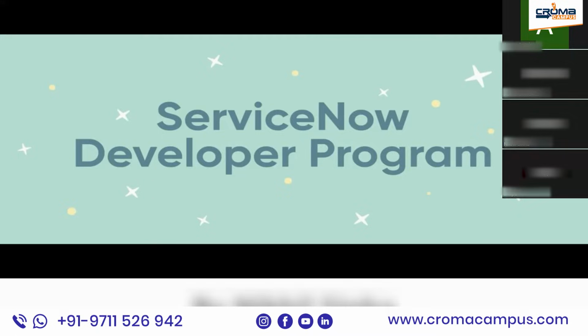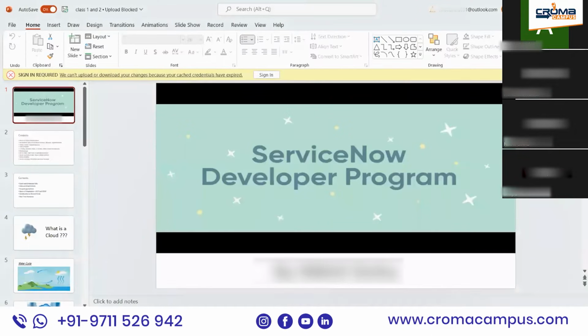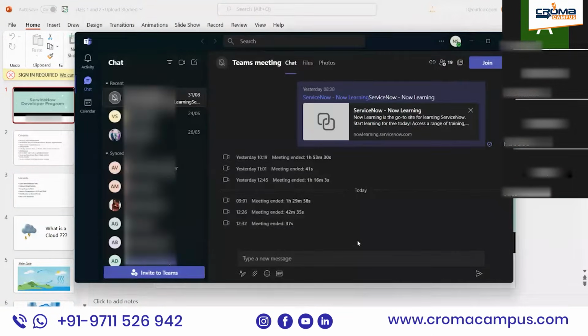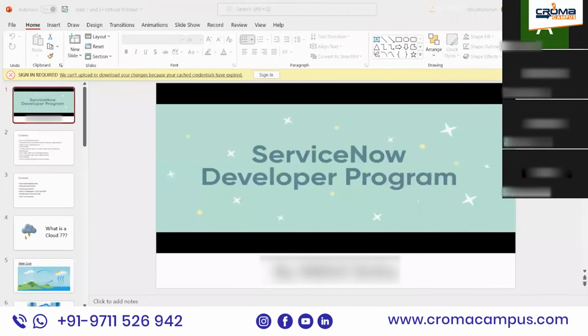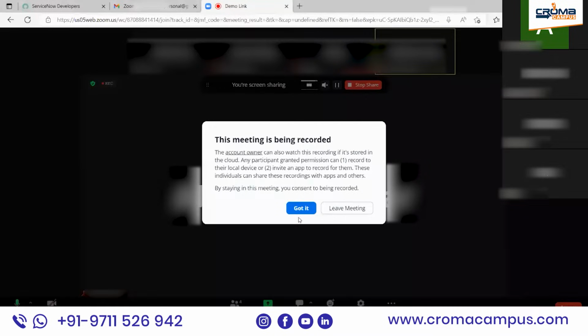Initially, we will start with the admin part, and then my course is designed to move into the development. So people who are interested in admin plus development, they can move ahead with it. Okay. So this is from my side, and I think Abhishek, I have spoken with you yesterday, so I know the background that you carry with yourself. So all of the things are clear to me. So okay,